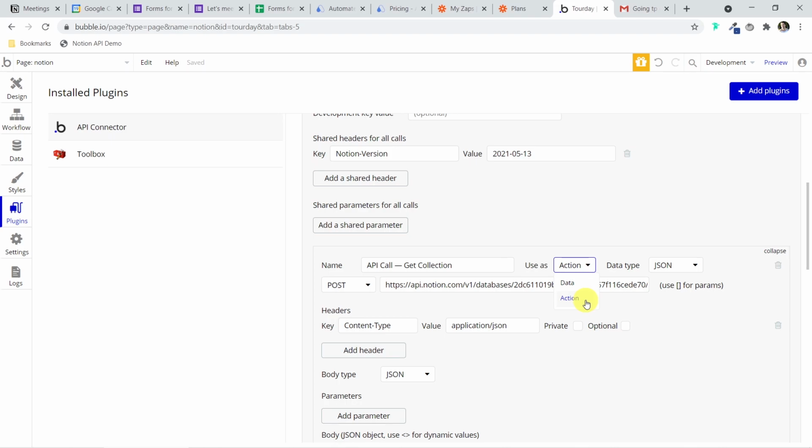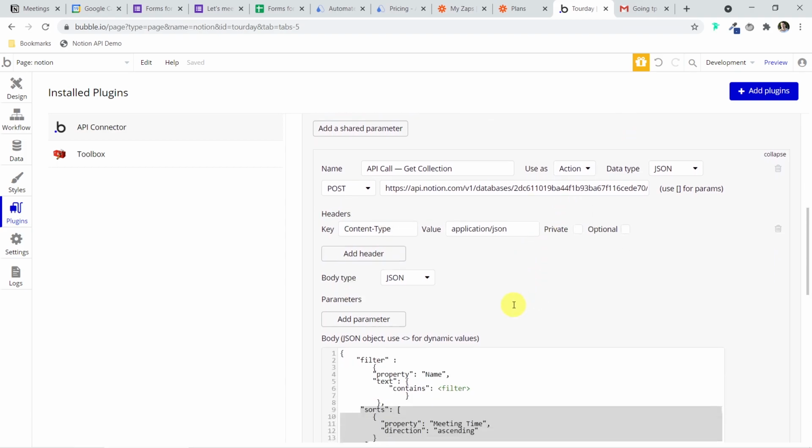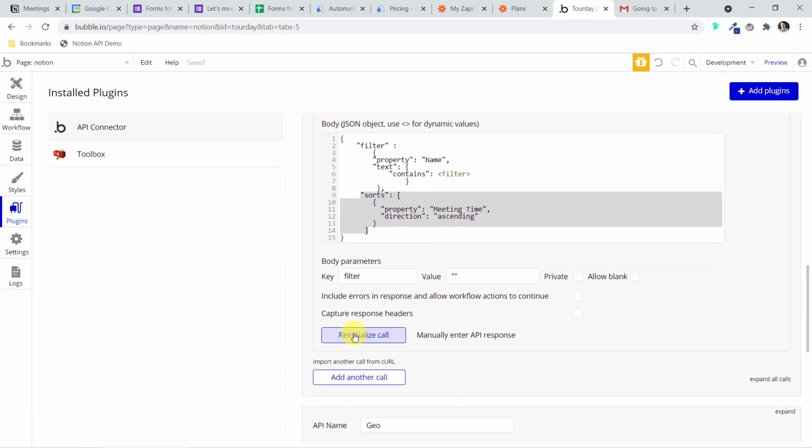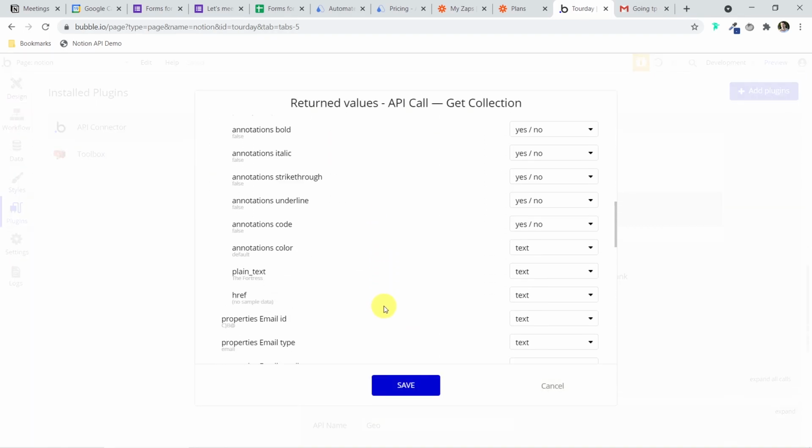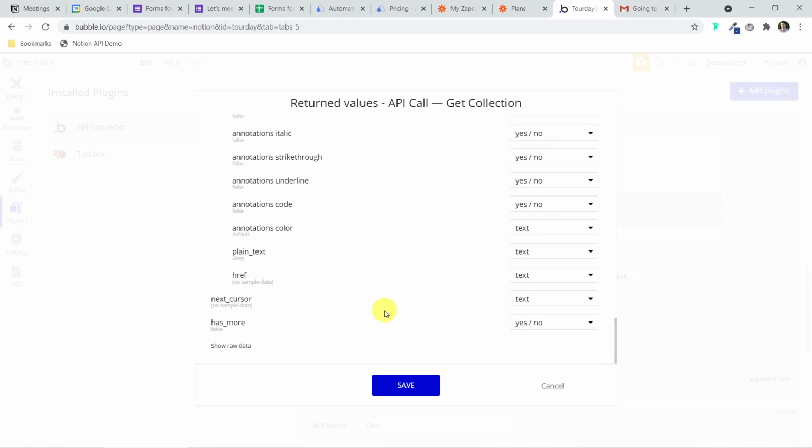Bubble works with 2 kinds of API calls, either in data format to fill structures with the results, or in action format to fire the call when an event occurs. Since I need the data not only to fill the table when it appears, but also to update it with a button click, I choose Action. After you finish configuring the API call, you need to initialize it. Thus, Bubble will understand the structure of the data transmitted from Notion via the API and will be able to